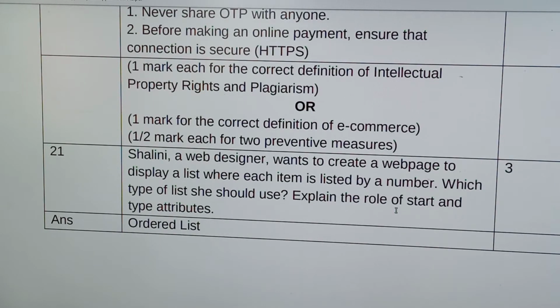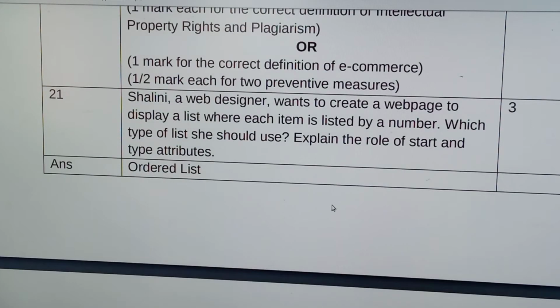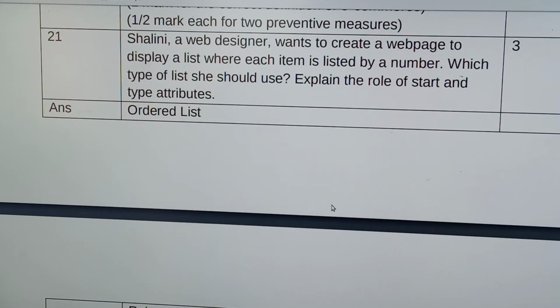If you put type equal to capital A, then the list starts with capital A, capital B, capital C. If the type is equal to small letter a, then each element starts with a, b, c in small letters. If type is equal to capital I, it is displayed as capital Roman numerals. If type is equal to small i, then the list items are small Roman numerals.